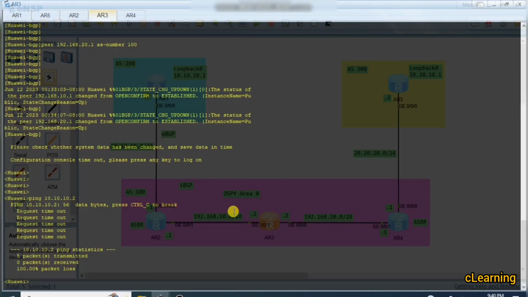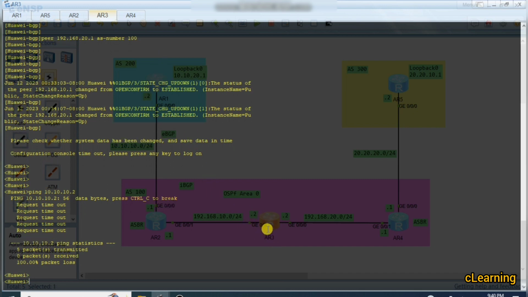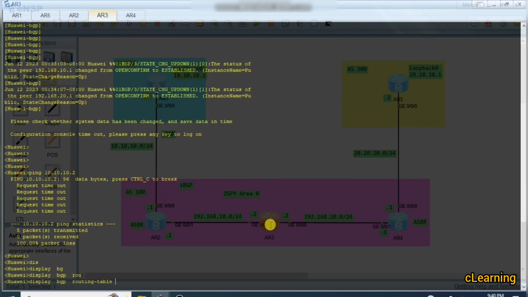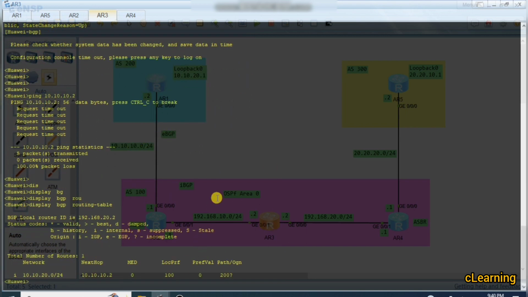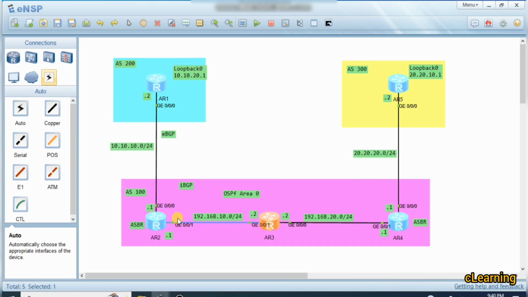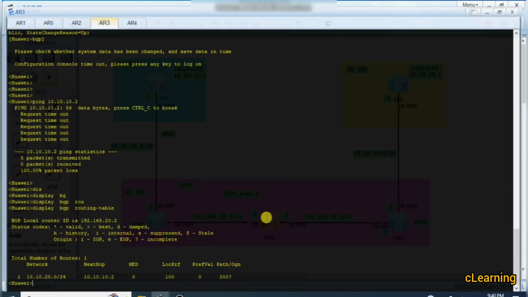So there would be no reachability and no communication. That's why from here we can't ping this route or autonomous system, because this router's BGP routing table is empty. Display BGP routing table: it is empty, there is no network, only the loopback network exists. So we create a BGP. If we ping